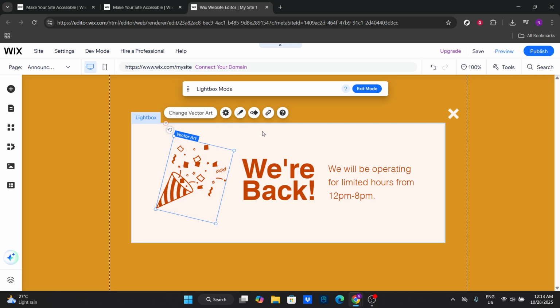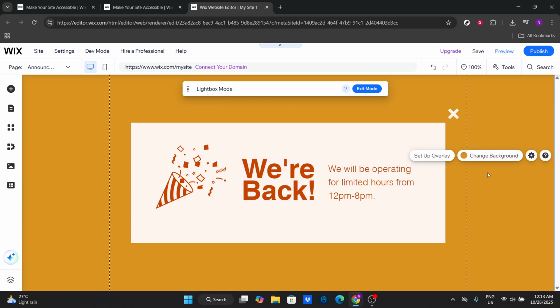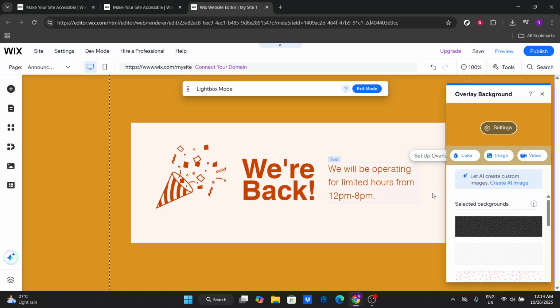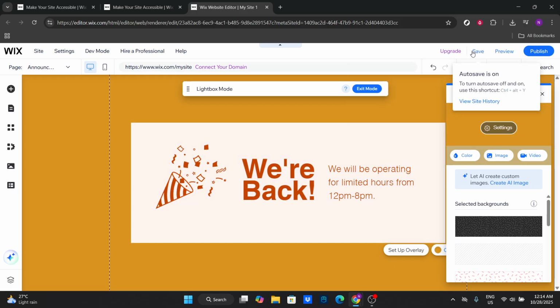Finally, after you finish customizing your pop-up message, it's crucial to save your changes. Always make sure your hard work is locked in by clicking on the Save button. This ensures that your pop-up will appear on your site exactly as you designed it. And there you have it. You now have a fully functional pop-up message embedded in your Wix website, ready to captivate your audience and communicate